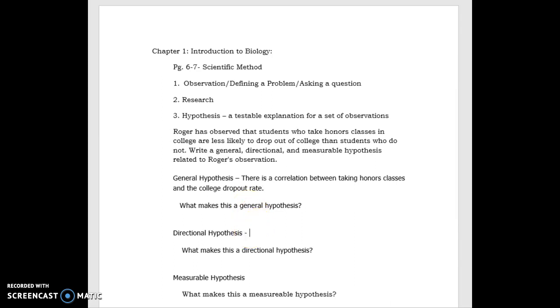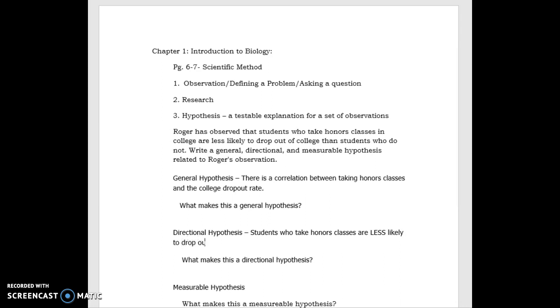As opposed to the directional relationship, which I'll write right here, it says students who take honors classes are less likely, and I'm bolding that to prove a point, to drop out of college. Now the wording's slightly different. That doesn't have to be verbatim from one to the other, but you get the idea that once again, it shows there is a relationship between taking honors classes and dropping out of college. But now we have seen that it says are less likely. So now you take it to that next step that says, yes, taking honors classes will decrease your chances of